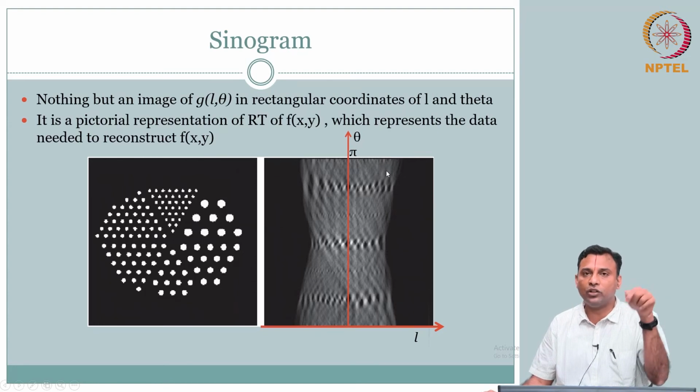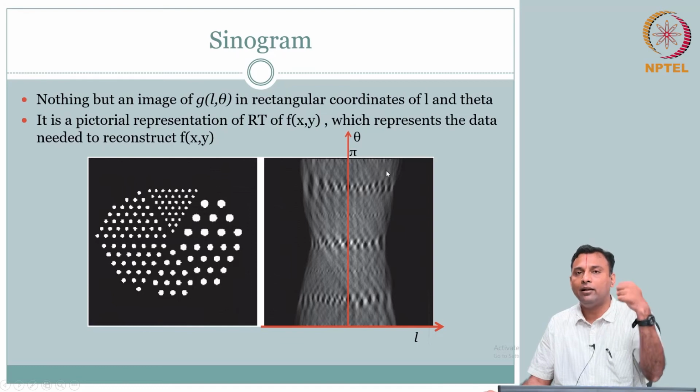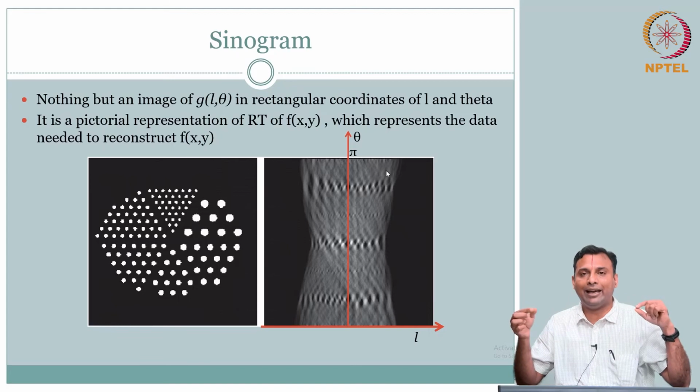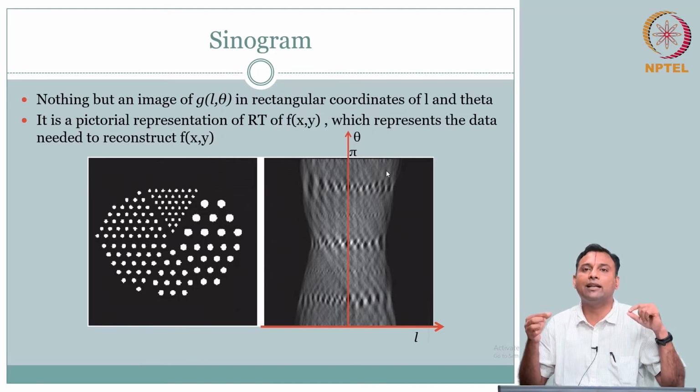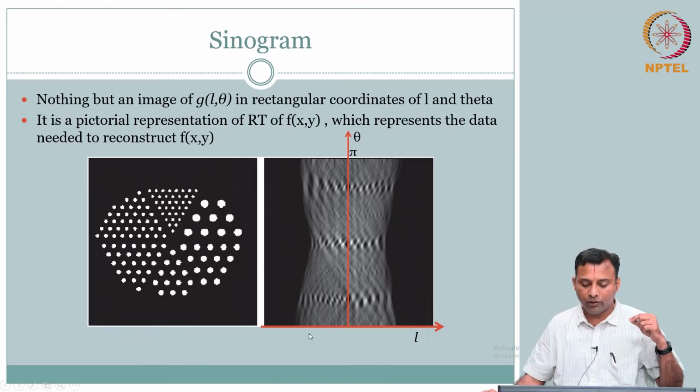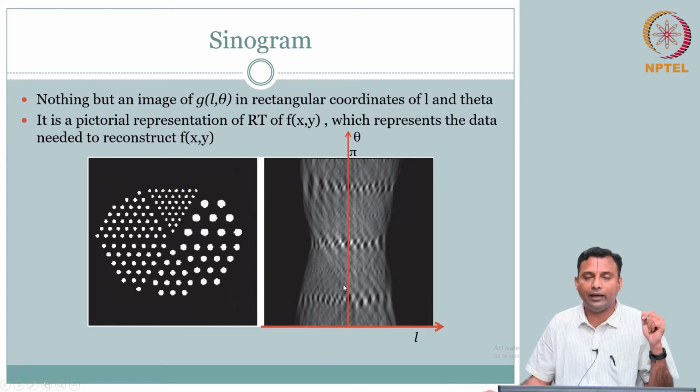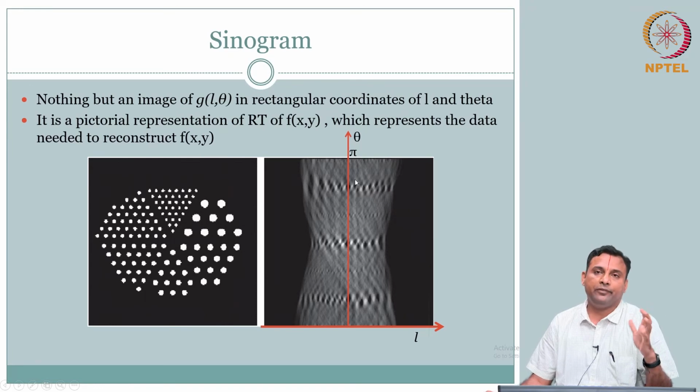How many detectors you have, or how many parallel translations, or if you think about an array detector, how many array elements there are, that determines the axis here. How many points you are going to have along this axis. So, you see that the sinogram has some information. From this you can actually measure the size of the object, the width of the object, and so we can get that.